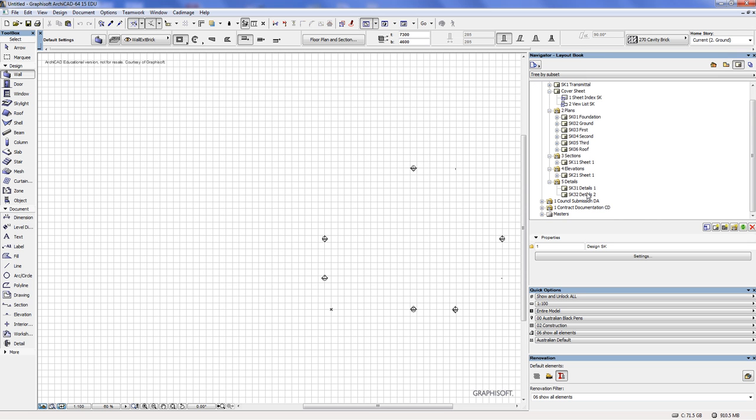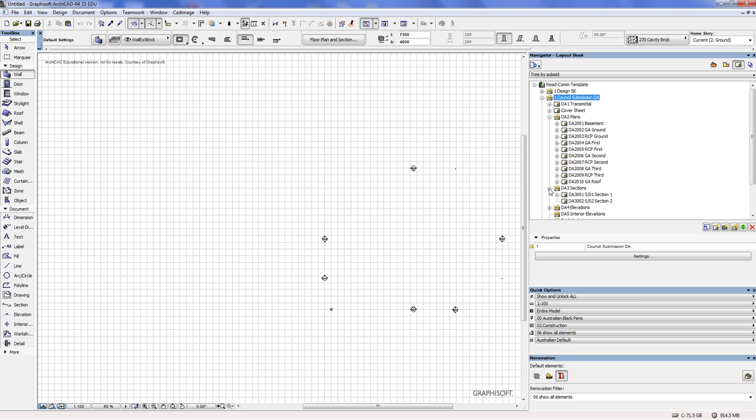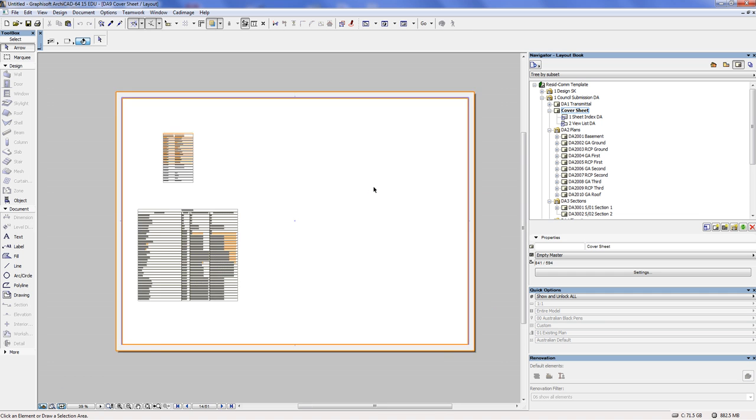This sketch design stage, if you've got a big project though, such as multi-story apartments or a commercial building, then you may need to go to that sort of level. But what we're concerned about mainly is the DA submission, which has similar folders set up, which you can have a look at if you were to simply open a new blank file or a new project file of ArchiCAD. Now what you'll see is for the cover sheet, which is a typical sheet that's been default populated by ArchiCAD,